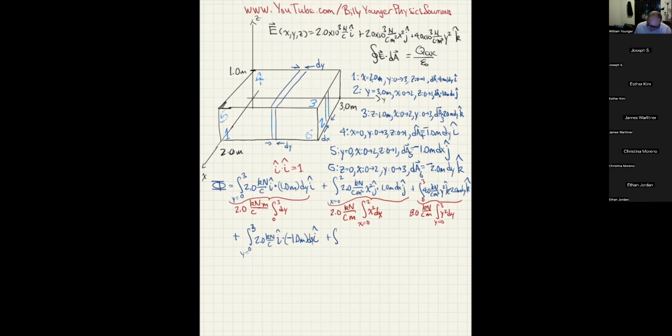So I'm doing number 4. Right. Now number 5, I'm doing x equals 0 to 2. Again, the exact same function, 2.0 kilonewtons per coulomb meters squared x squared j hat dotted with negative 1.0 meters dx j hat